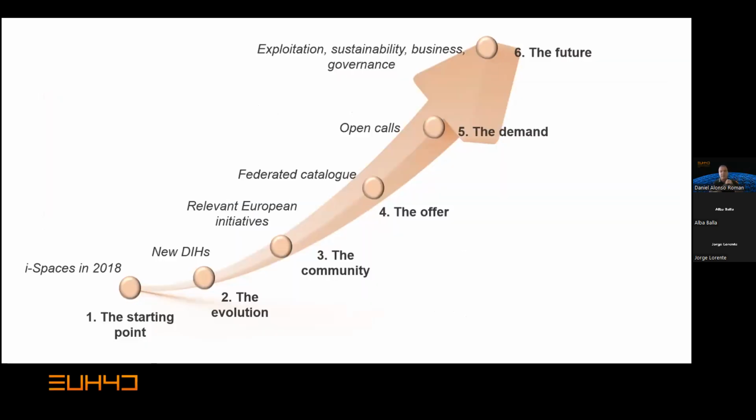These are the 5 pillars that somehow represent very well the project. So first, the starting point, and again, the starting point was 12 hubs that we bring together at the beginning of the project in 2020. But the group of hubs has evolved during the project. Now we are 30, as I mentioned before. So we are incorporating new hubs, and it means that we are evolving during the project, but also after the